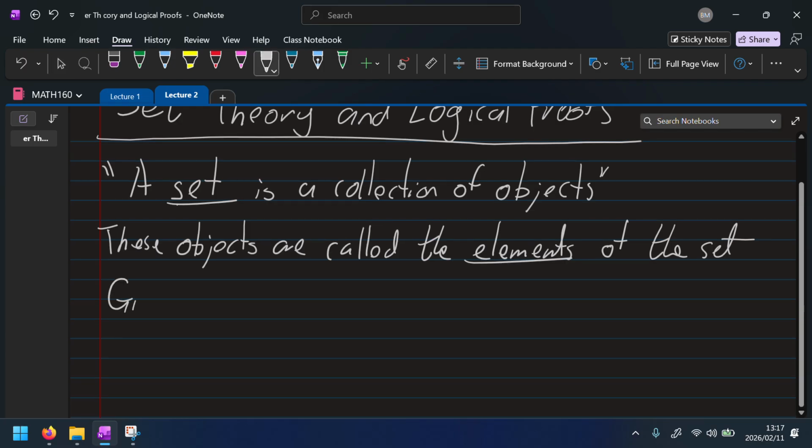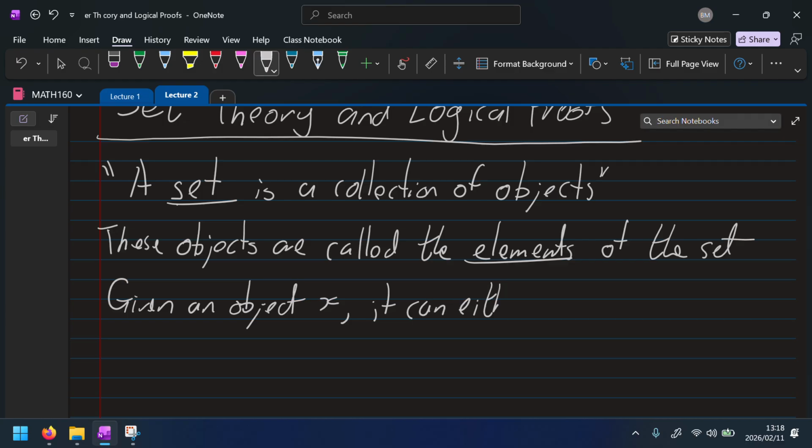So given an object X, now I'm not saying what X is, it's an object. Later on, X could be a number, it could be a function, it could be a function of functions. For now, we just call it object. Later on, when we look at a specific context, then we'll give that a specific name. But for now, it's just object. So given an object X, it can either be in the set,